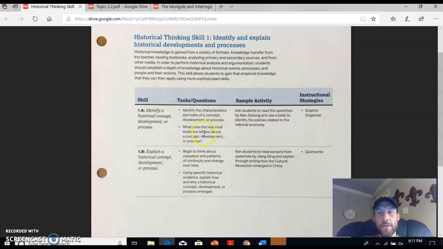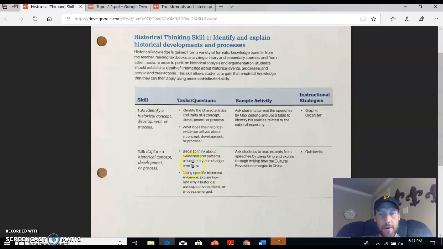If you notice, I didn't do this part here. What does the historical evidence tell you about a concept, development, or process? That wasn't found in the notes, at least in that section that I took. So really the identify part that I'm focusing on is right here. Okay. Now, the explain part, what I'm looking at here is